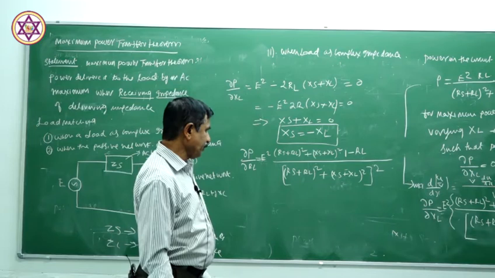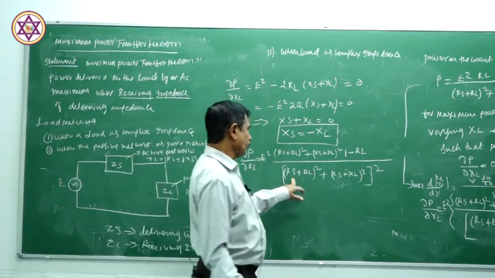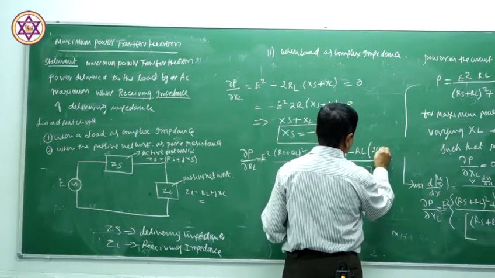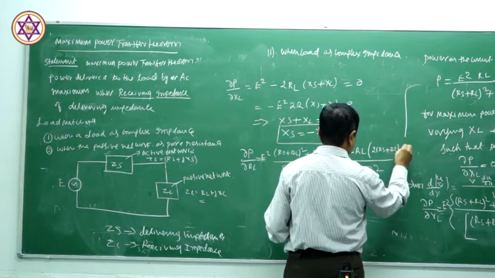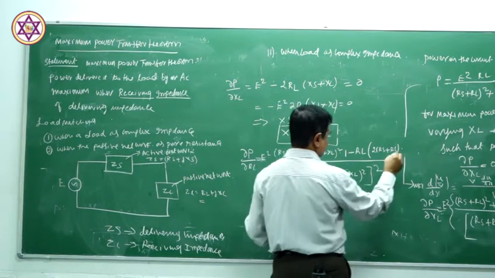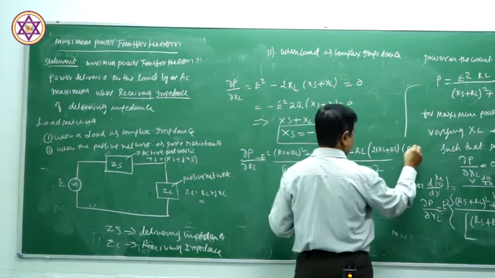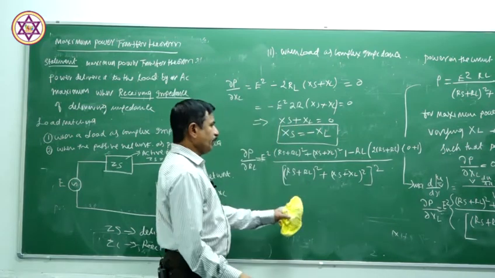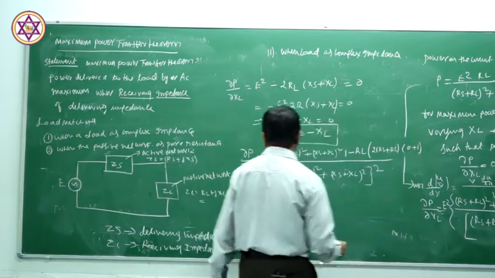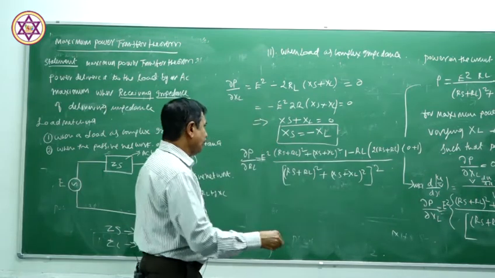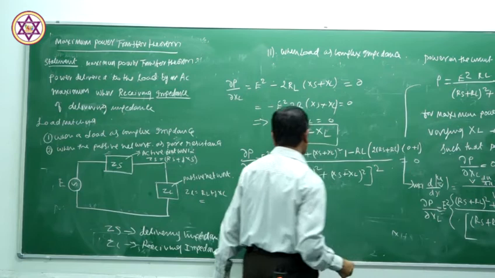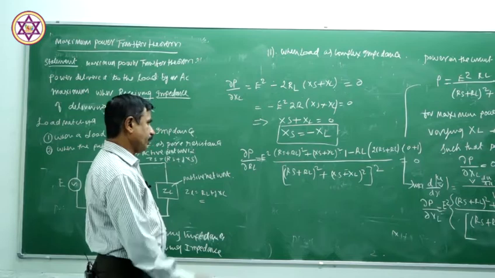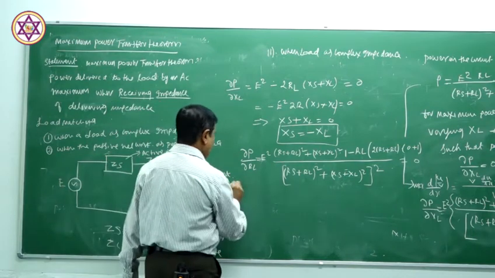Differentiating V with respect to RL, what I am going to get is 2 times (RS plus RL) into, again, this is 0. If I differentiate this 0, I again get 0. So we are going to get it like this. If I equate it to 0, then what happens? I get this equation. I have differentiated by the partial method, that is the U by V method. I got this. So then this implies what?